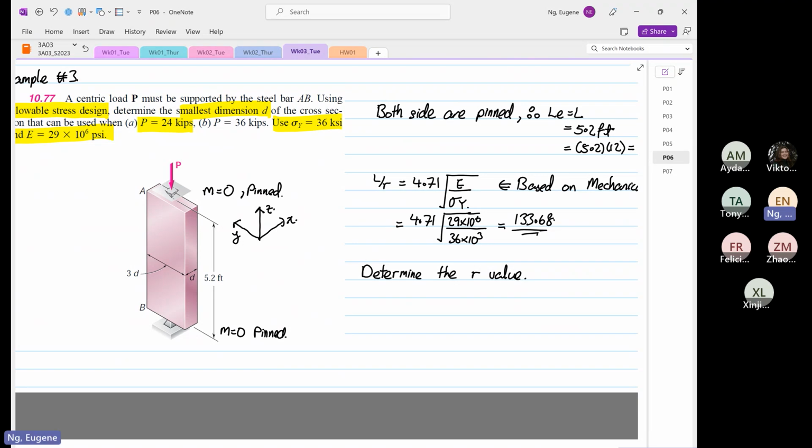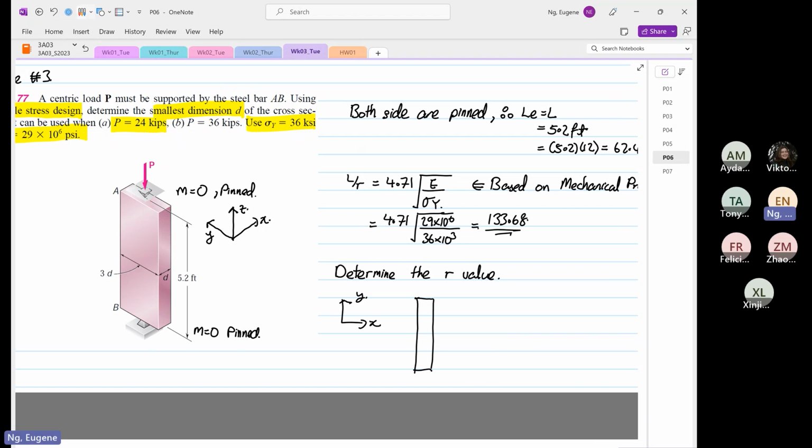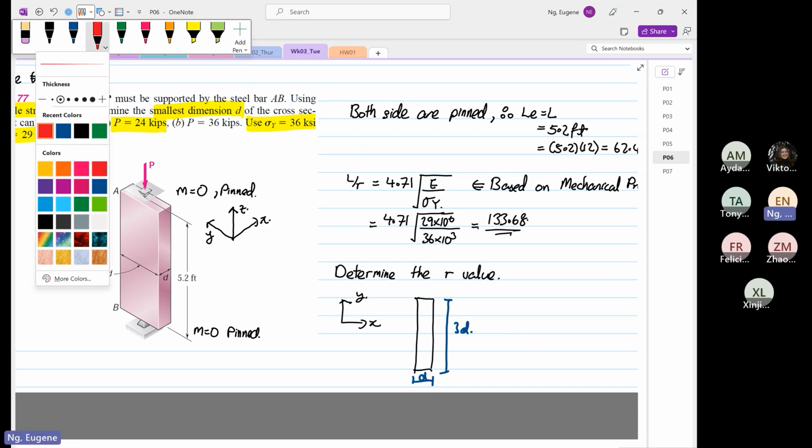From here, we don't have specific dimensions, we only have variables, which is D. If I draw this, this will be our x and this will be our y. This is how it's going to look like. From here to here is our D, from here to here is our 3D. The axis over here